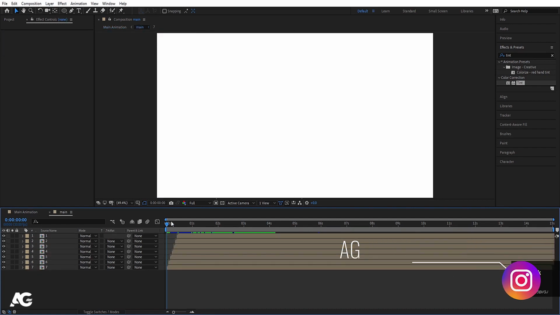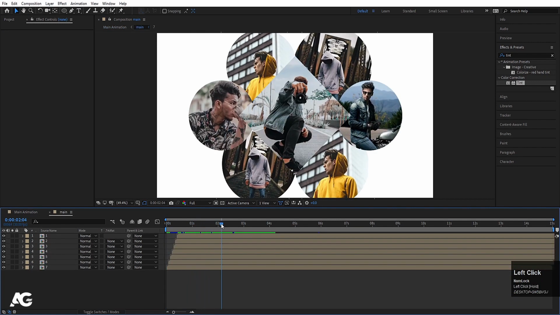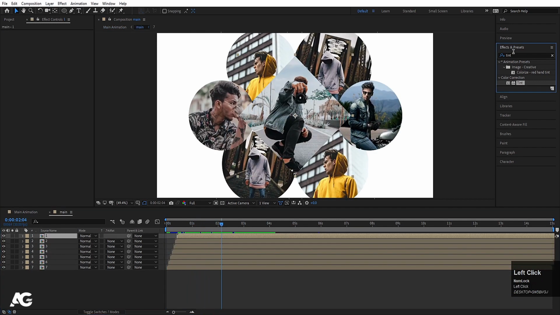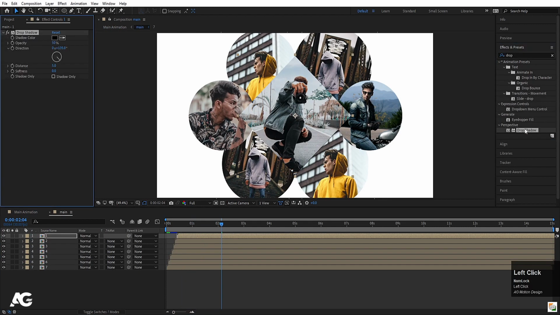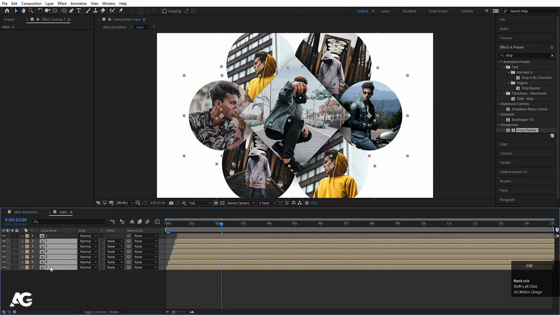Now go to the main, like this, select this first one, go to the Effects and Presets panel and search for the Drop Shadow effect, and distance 20, softness 100, opacity also 100. Let's make it 40. Increase the softness, select this drop shadow effect, Ctrl C, select all of them and hit